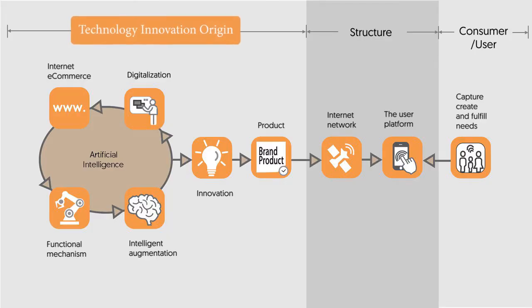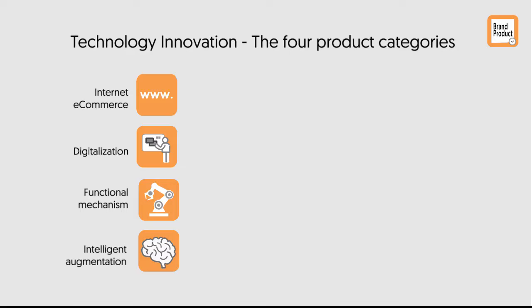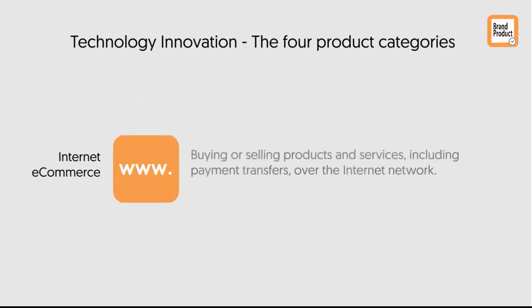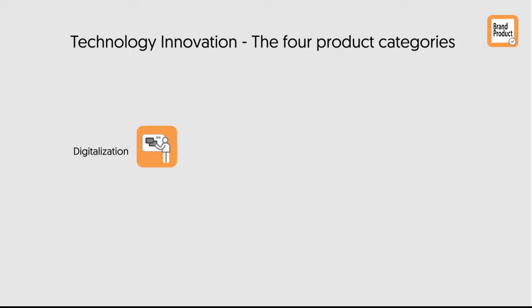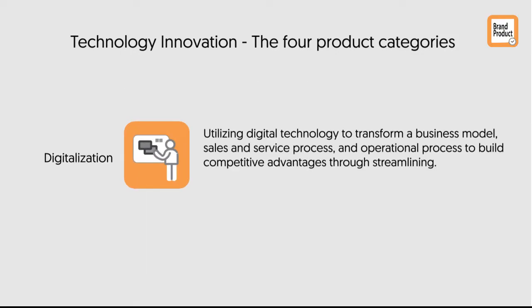Let us now look at the definition of the product categories. Each technology product can be assigned to one of 4 categories, and they are defined as follows. Internet e-commerce is buying or selling products and services, including payment transfers, over the internet network. Digitalization is utilizing digital technology to transform a business model, sales and service process, and operational process to build competitive advantages through